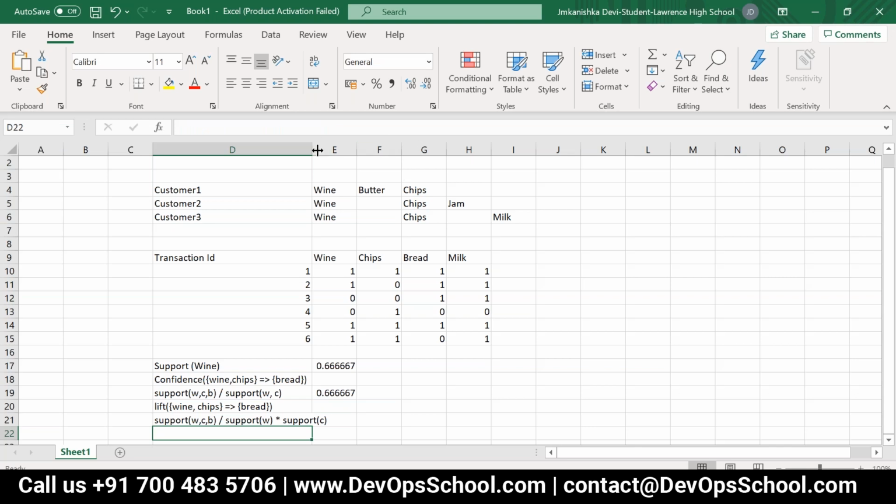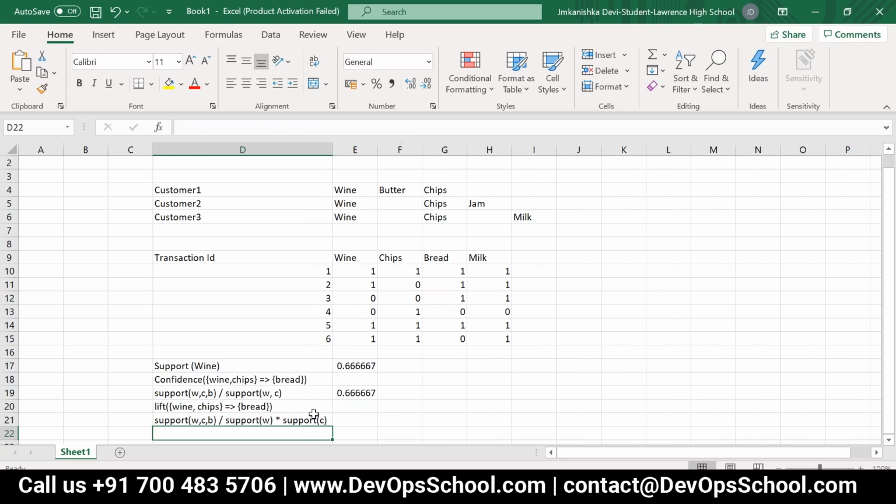Support of wine into support of chips actually. So what is wine, chips and bread? It is 2/6, divided by this into this.